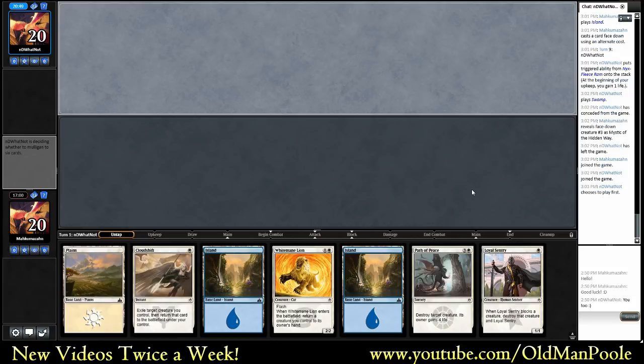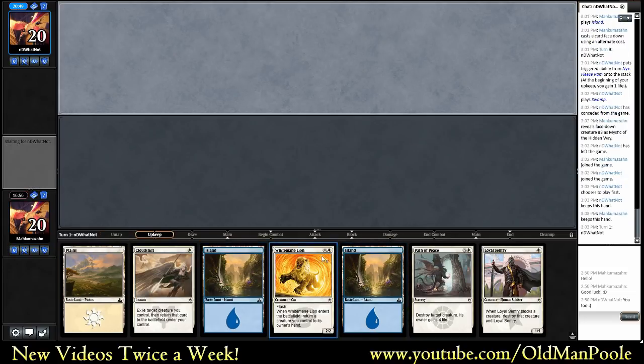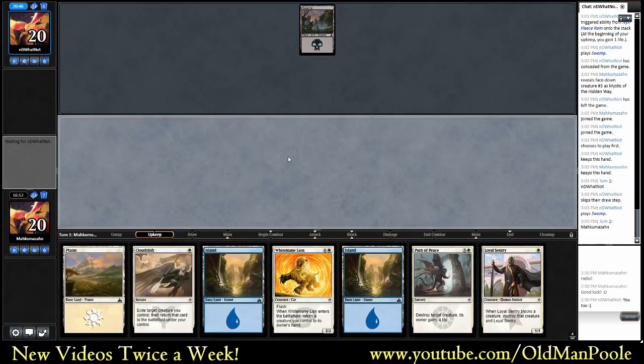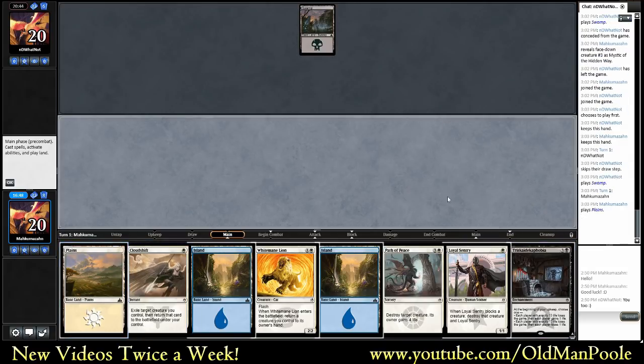Alright, actually pretty close to perfect mana again. Let's go ahead and keep. We've got Loyal Sentry and White Mane Lion and Cloud Shift, so that actually provides us quite a bit of good defense. And alright, we got the Dream. We need to find black. Still need to find black for it, but